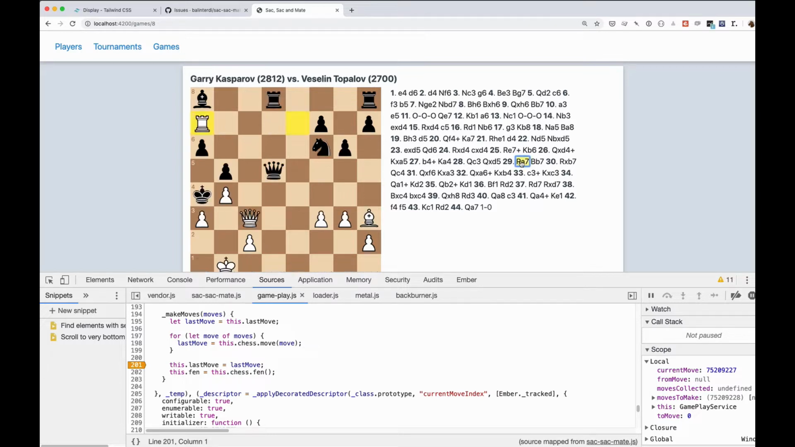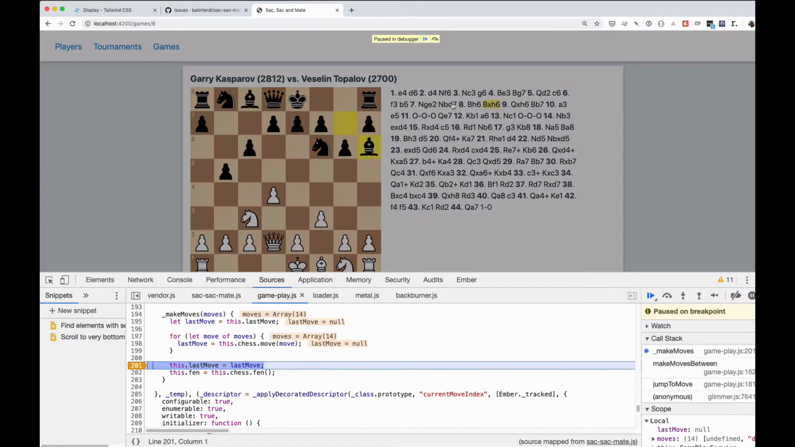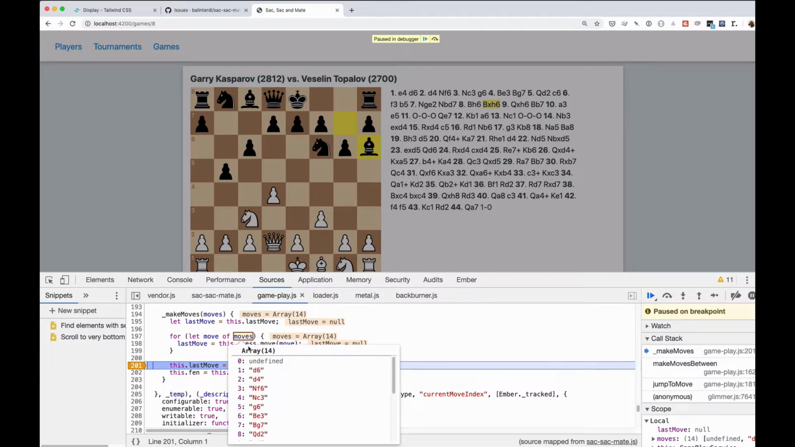Okay, so jump ahead, that seems to work. Jump back, still seems to work. Okay, now I'm setting it to null. So now the moves array contained 14 moves, and that's because when I jump to a previous move, I go back to the first move and then redo all the moves up until that move. So moves contains an undefined as the first